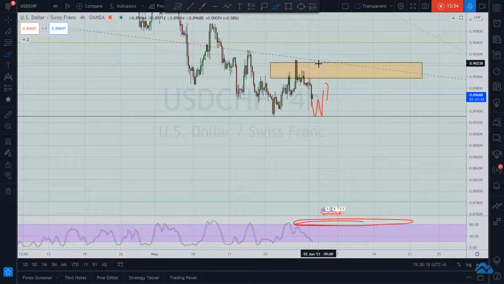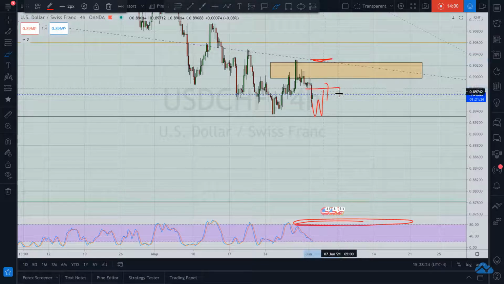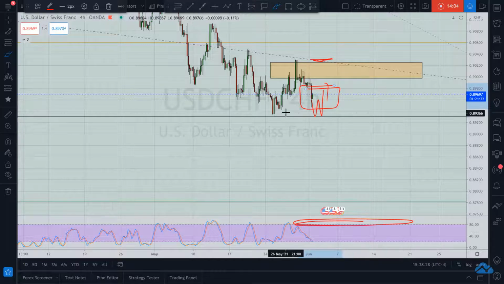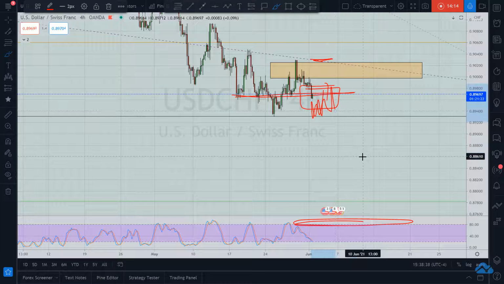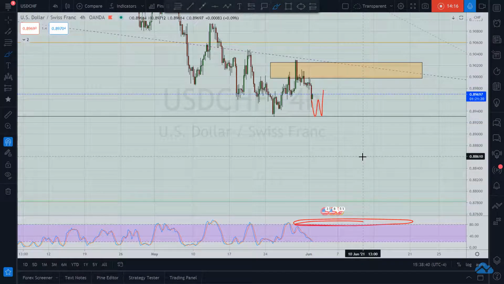So I'm waiting for confirmation when it gets up here for a safe entry. If you want to be aggressive, you can get in down here. All right, I'm looking for some confirmation. At this level here, I need price to reject down here, find rejection, and then break above this level. You understand? I hope that's clear.